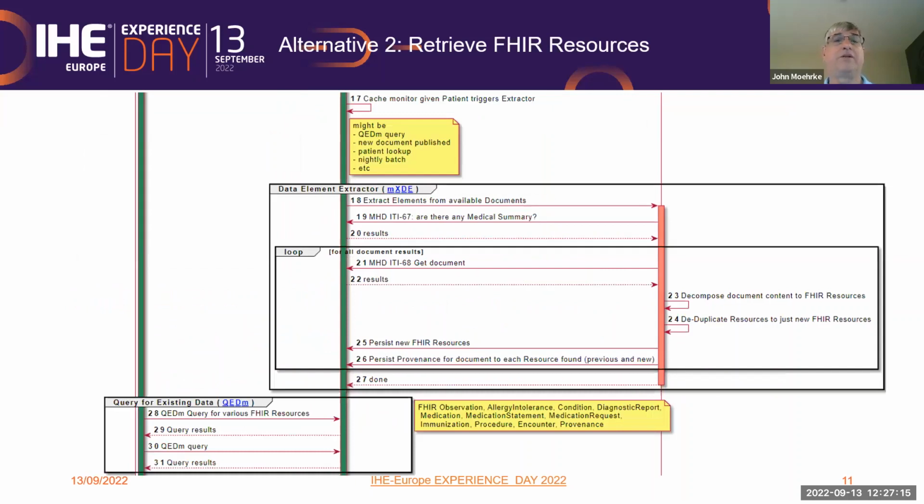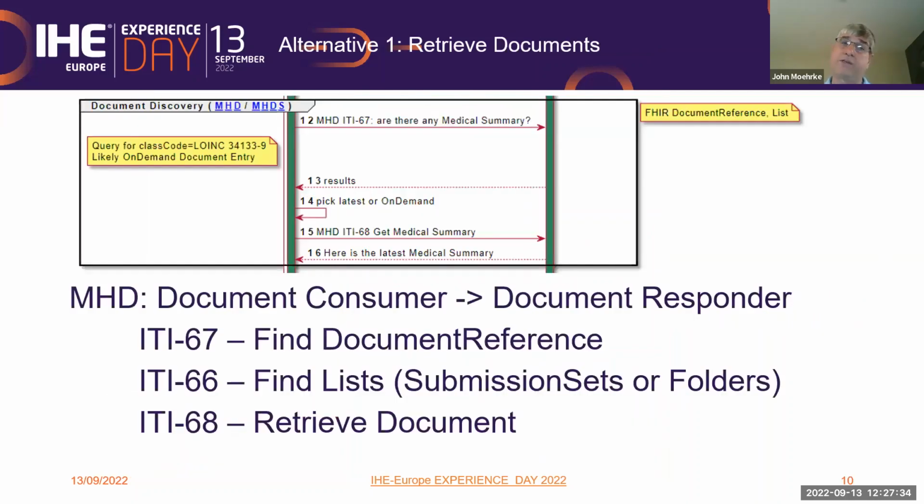There is an alternative flow, and that was the reason for that third column on the right. This is not necessarily required within MHDS, but anytime I'm talking to people about FHIR infrastructure, they usually will start to say, hey, great that you have this way to retrieve documents. Consuming documents is so difficult. Can't you give me a better way? And